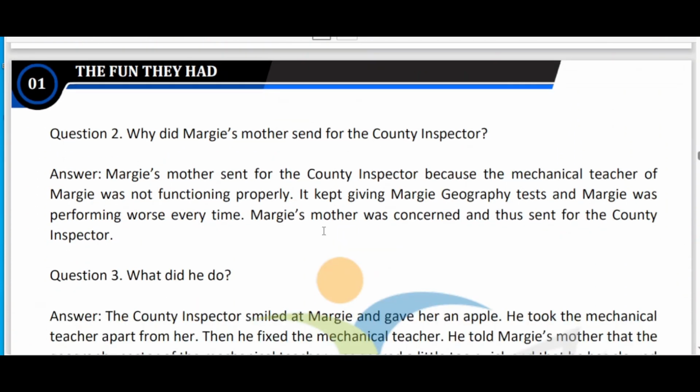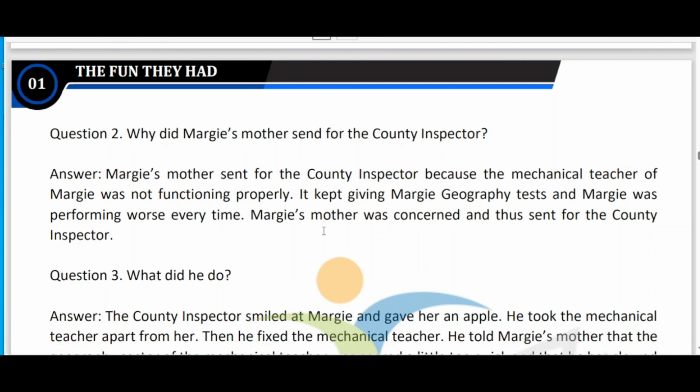Question number 2. Why did Margie's mother send for the county inspector? Why did her mother call the county inspector? Because Margie's performance in geography was not satisfactory. And I think her sector was geared a little too quick according to Margie. So her mother